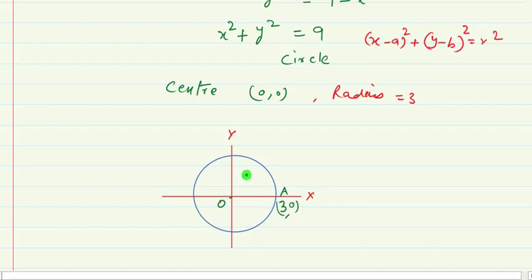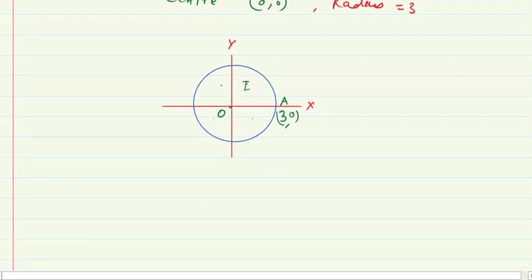So number 1, number 2, number 3, number 4. All the 4 areas satisfy the condition of being between the coordinate axis and the circle. The first one, between the coordinate axis and the circle. Similarly, this area between the coordinate axis and the circle, and similarly these two. We can use any of the portions, but it is better to use the first quadrant, the simplest one. Here we can find the area either with the x-axis or with the y-axis, because both are symmetrical. Here also the coordinates on the y-axis are 0, 3.